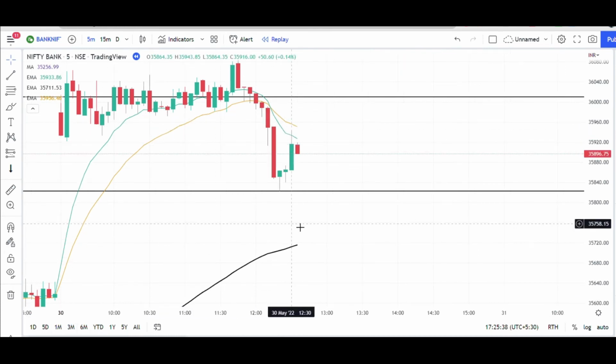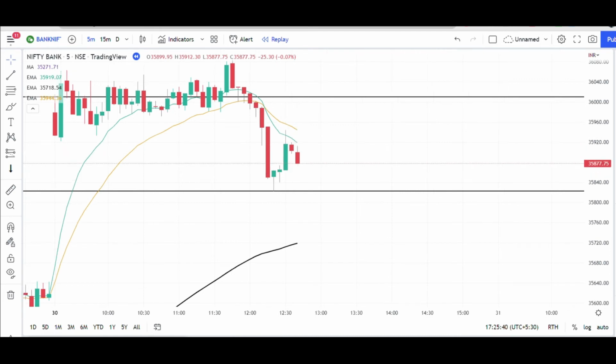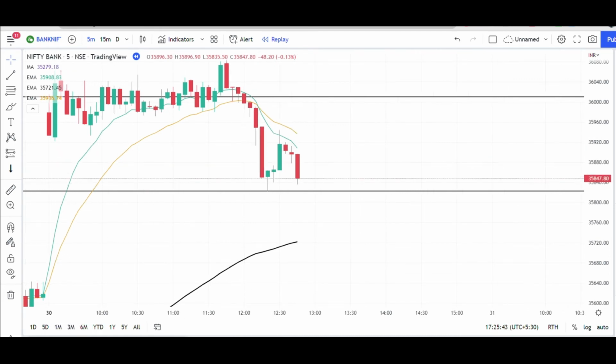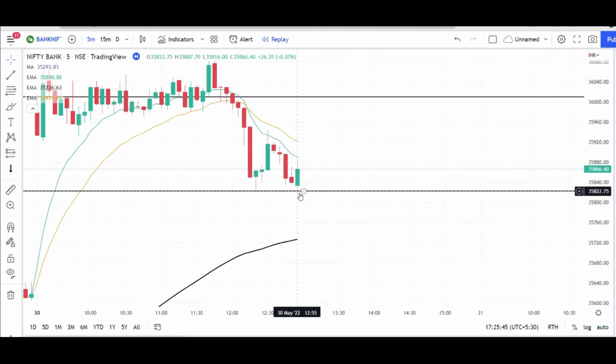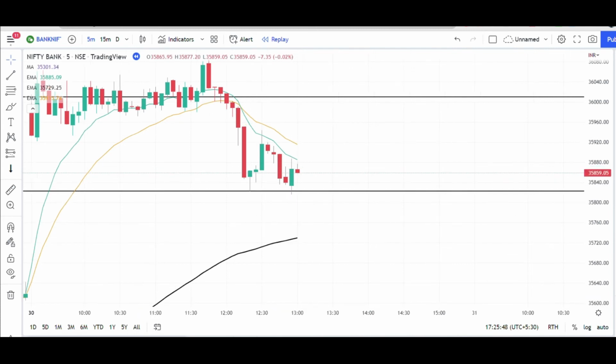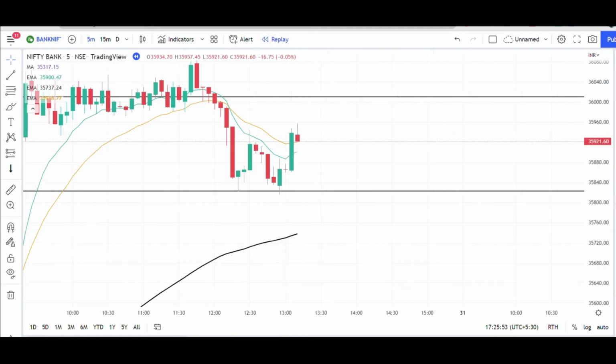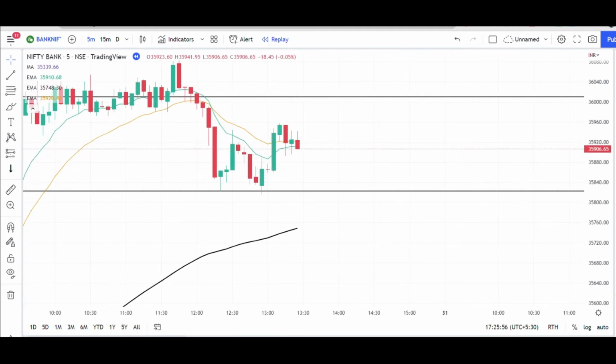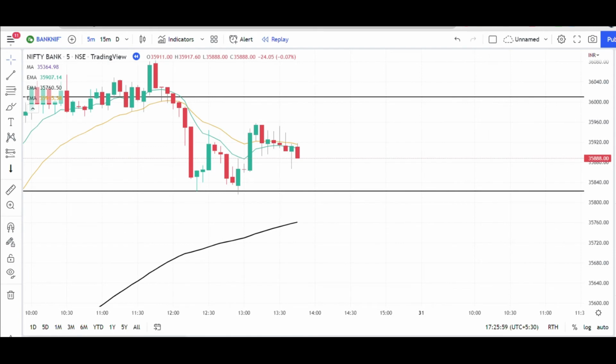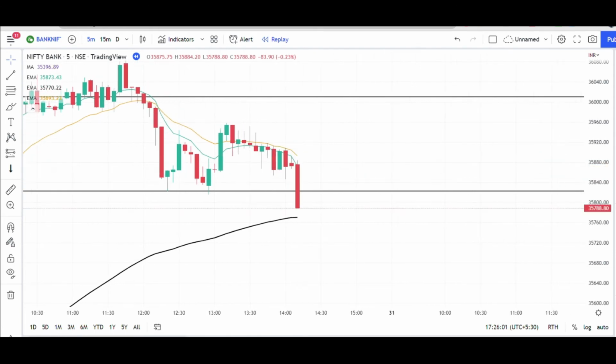Again it made a red candle, still coming down, still didn't give the closing below this swing low. So here we are not getting the entry, still there is no entry. So now if you see here,